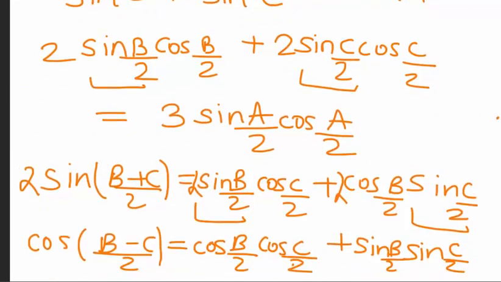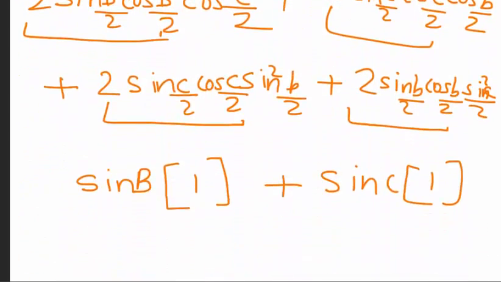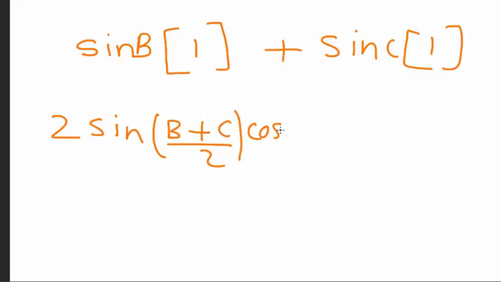So if I just scroll above, I will see that sine of b plus sine of c was indeed our left hand side. So basically what that means is that I can write the left hand side, which is this, as the product of these two guys. So let me just do that. If I do that, 2 sine of b plus c by 2 cosine of b minus c by 2,